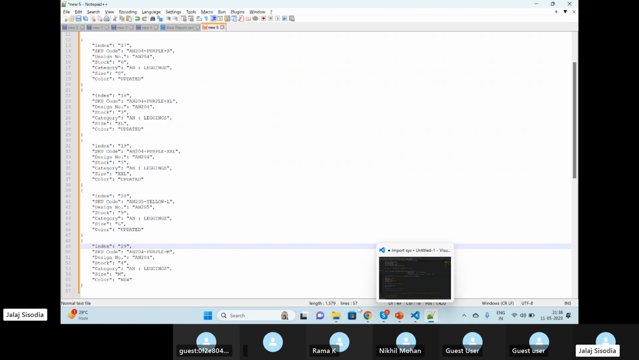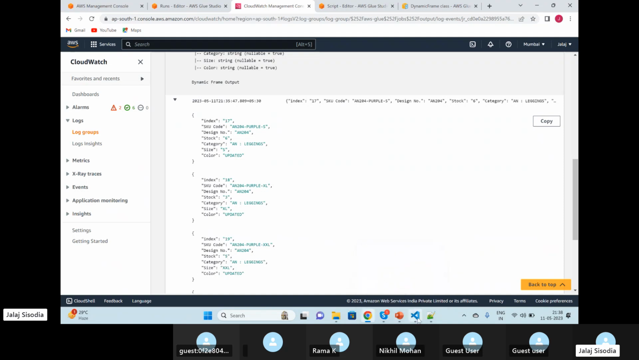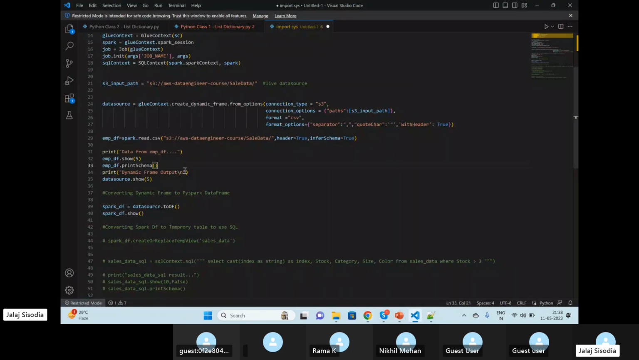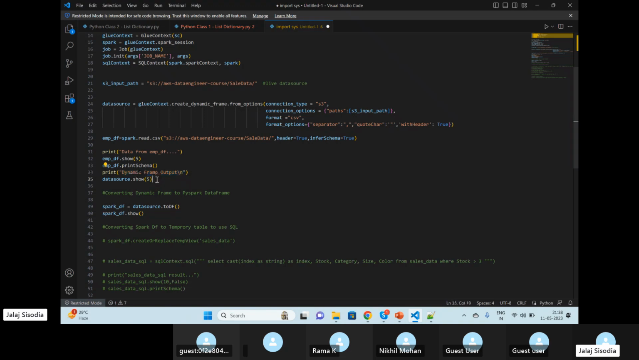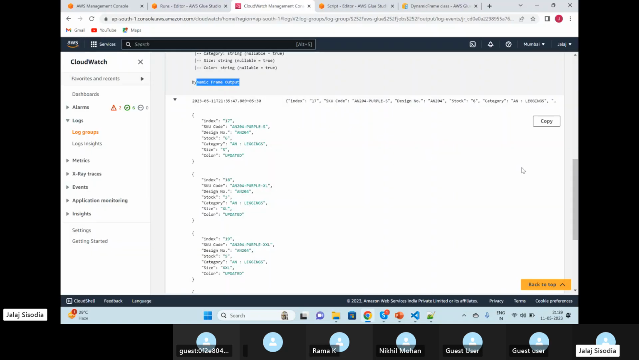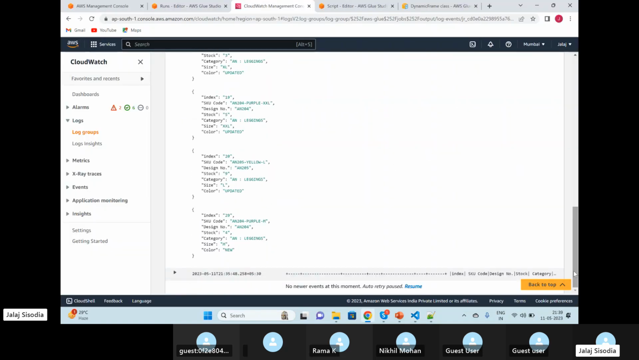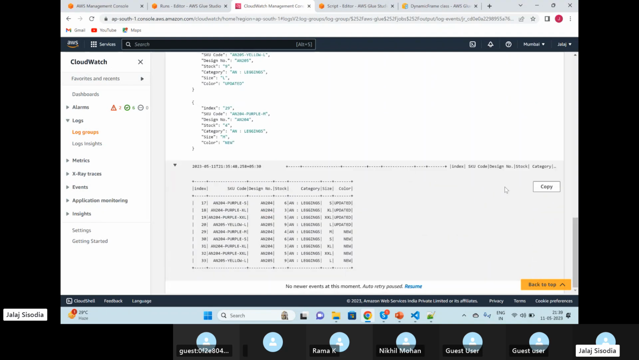Then I have converted back my dynamic frame. Here you can see I'm showing my dynamic frame output, data source 0. The same you can check here; the dynamic frame output is printed here. Then my dynamic frame is actually printed. Then I'm converting it into a Spark data frame, and I'm showing it. So the next output is from the Spark data frame, which is obviously the same output as the top one I got. So if I just copy this